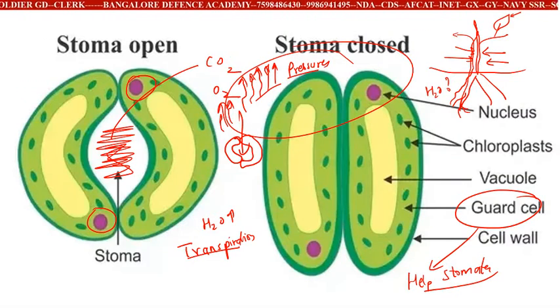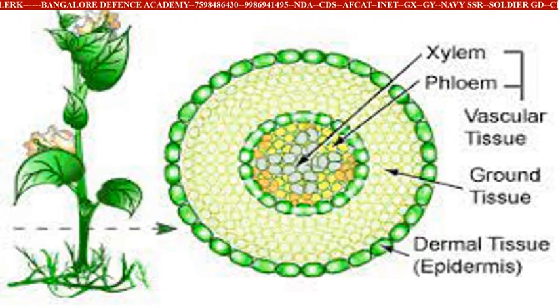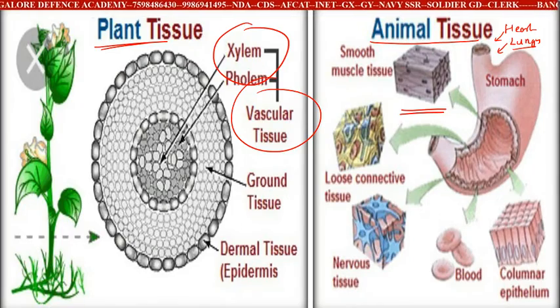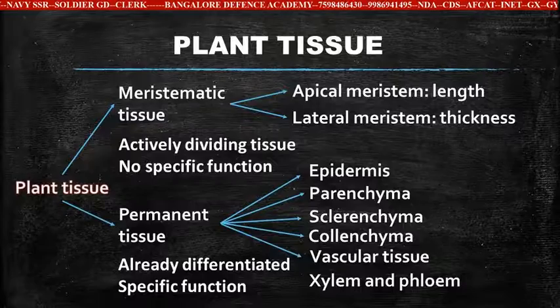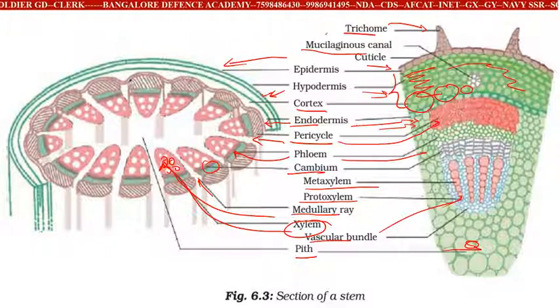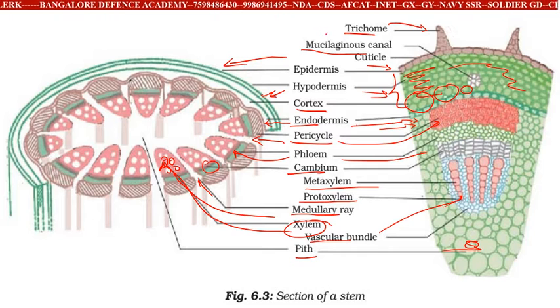So now I hope you understood the important things to be covered in this plant. Different types of tissues, mainly this chart or flow chart, they will ask you in the examination. You have to be thorough with your basic flow chart, that is apical meristematic tissue, then what is meant by parenchyma, collenchyma, sclerenchyma, etc. And the most important part in this slide will be the difference between xylem and phloem. What happens if xylem is not functioning, or what happens if phloem is not functioning? I hope you understood this topic in detail. Thank you.